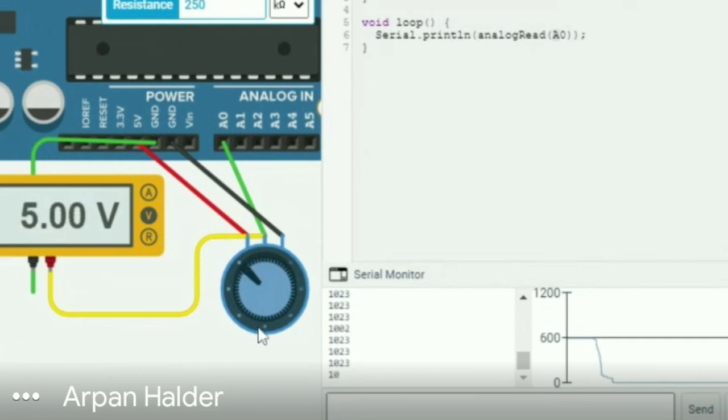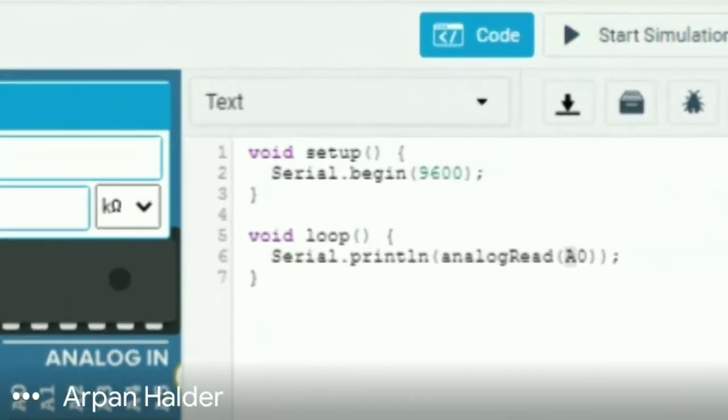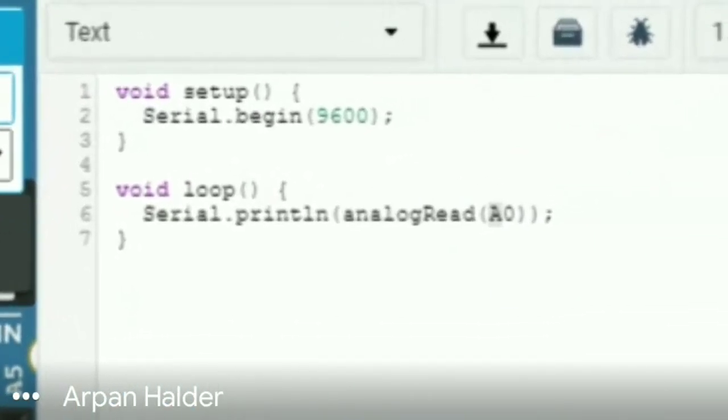So suppose this is the ADC value, and I want to read this in terms of voltage. In such a case, what I have to do is simply scale this ADC value, that is from 0 to 1023, to a 5-volt scale.